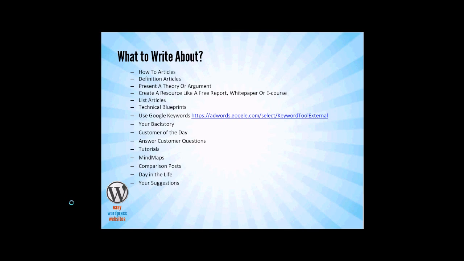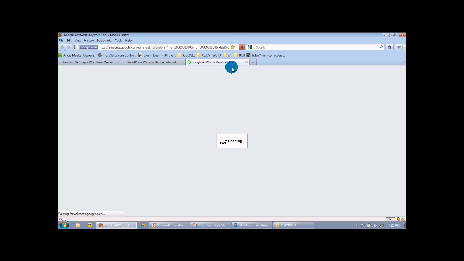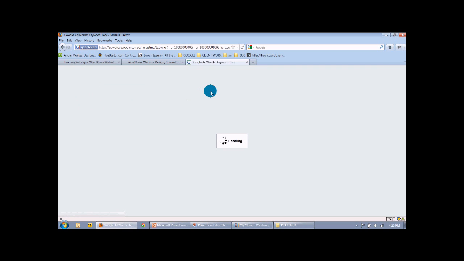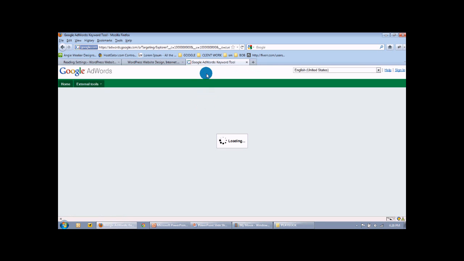Use Google keywords. Let me show you a little bit about what that is. If we can get my mouse, and we'll click on this link here. Google Keywords is a tool that allows you to search for keywords that Google uses for its ads. Let me show you what I mean. Let's go ahead and stick with the flower shop example. So we're going to use the keyword tool, and we're going to search the keyword of flowers,